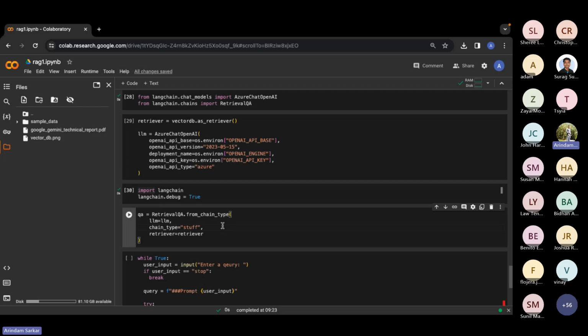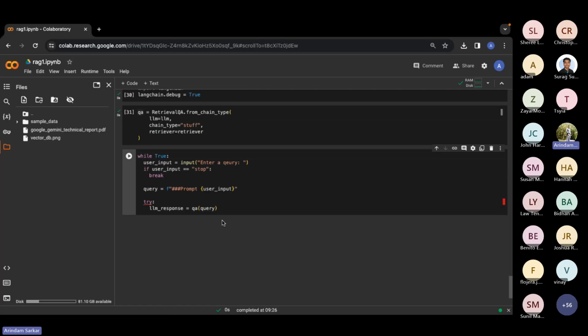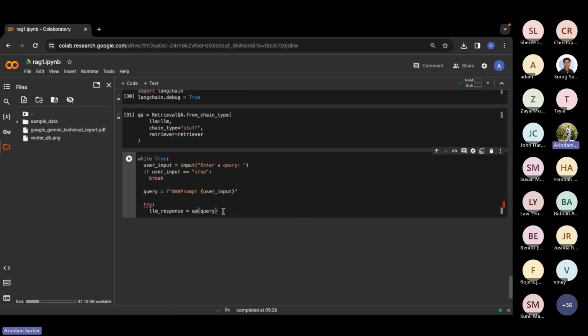You can change this chain type. The chain type is the thing where the LLM gets connected to the prompt in some way. Now, that's a different story. Even if you don't know that, I think it's not going to harm.